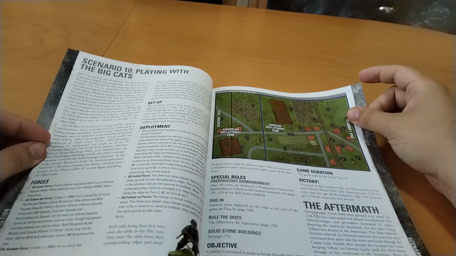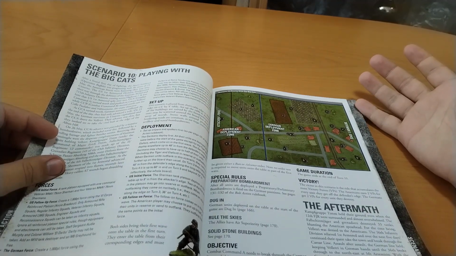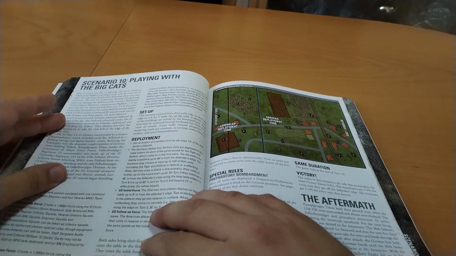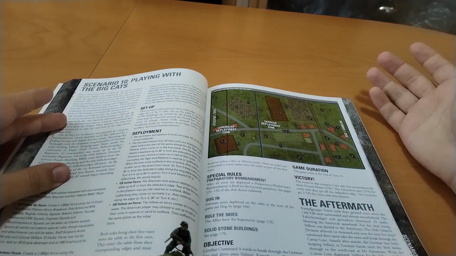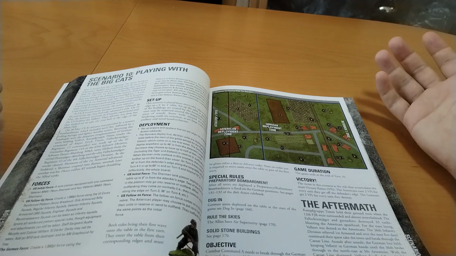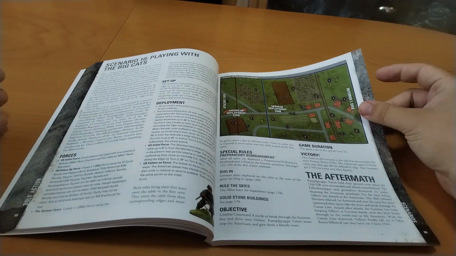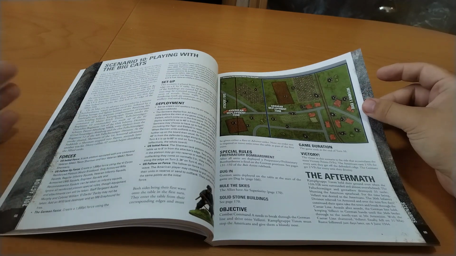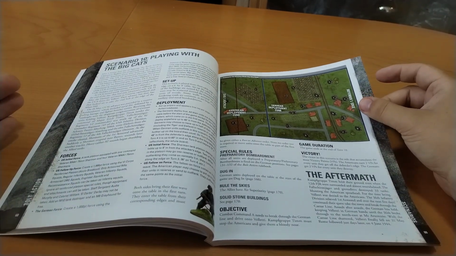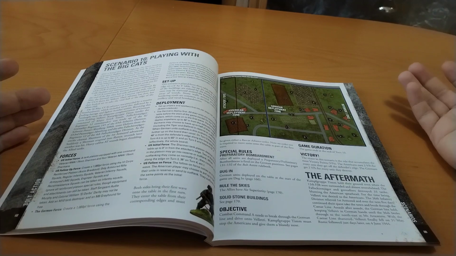Scenario 10, Playing with the Big Cats, has a special rule that Germans will get free tanks. And it's not just the usual tanks, it's Tiger and Elephant. Both of these are really expensive tanks in points, and to be honest, you will basically never see them in the normal game, or you would say competitive game, because many Bolt Action players like tournament play, because Elephant and Tiger are so pricey that basically your 1000 point force would be just them. So here you will get them for free, and the game revolves around it,